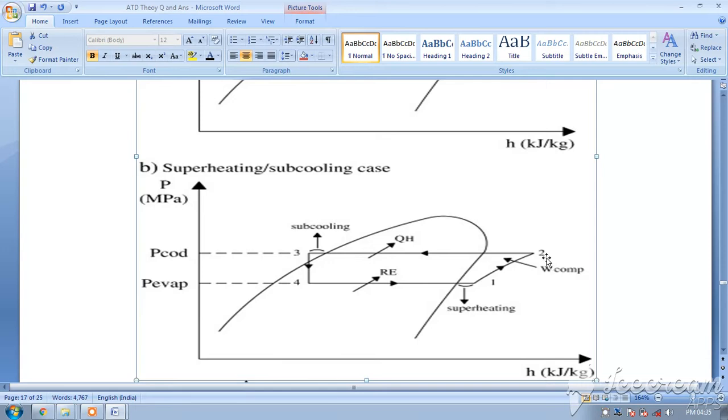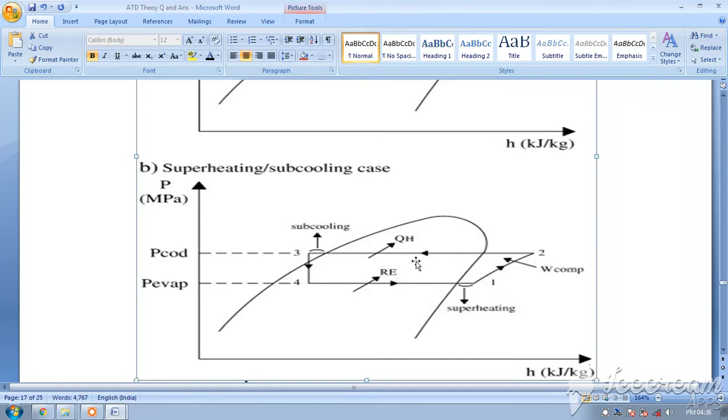But what happens when any gas is superheated? The work of compression increases because the density decreases. The density of the gas decreases, the work increases, and this line is very inclined. So the heat work done by the compressor is high. You can see the refrigeration effect has certainly improved a little. This 4 to 1 is the refrigeration effect, slightly increased, but the compressor work will increase greatly.